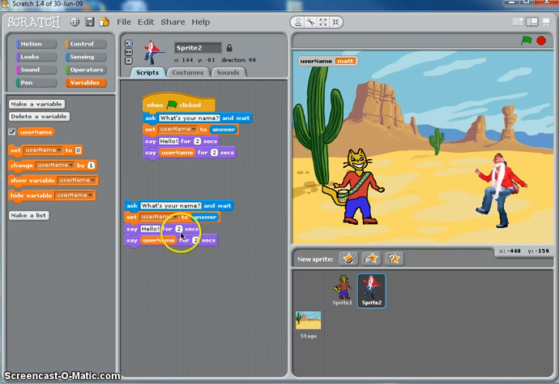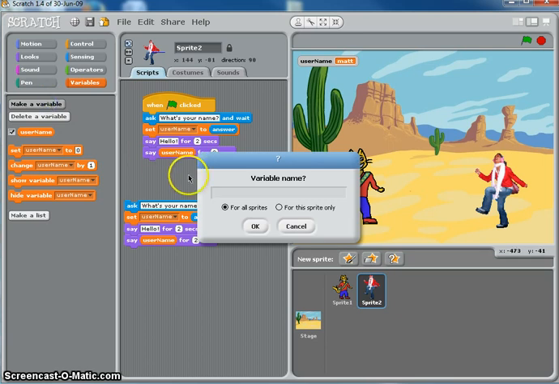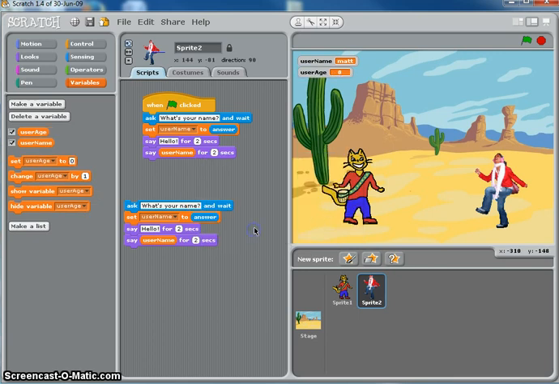Now we're going to do the same thing for user age. So let's create another variable. This one is user age. We need to set that variable. Since we already created a variable and we have the set here, we can click on the drop-down menu on this one and go from username to user age. And we already have the answer. It goes into user age, and we'll say here, so you are,